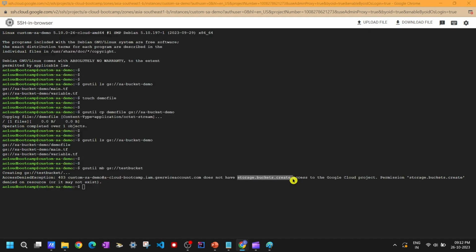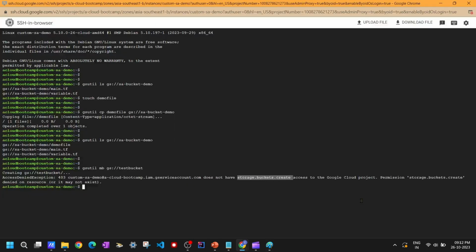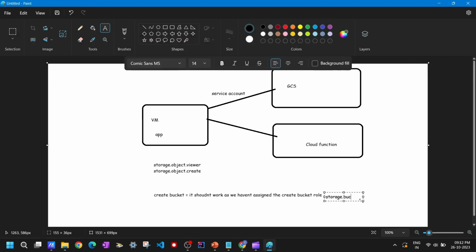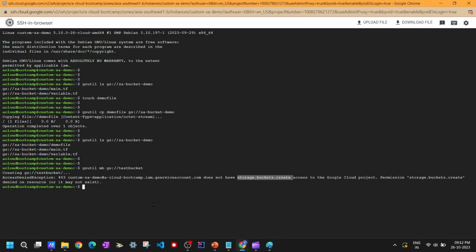This needs the permission storage.buckets.create. And let's see if we are able to delete an existing bucket. So the command for that, I'm just writing it over here. Now we are trying to delete the bucket,